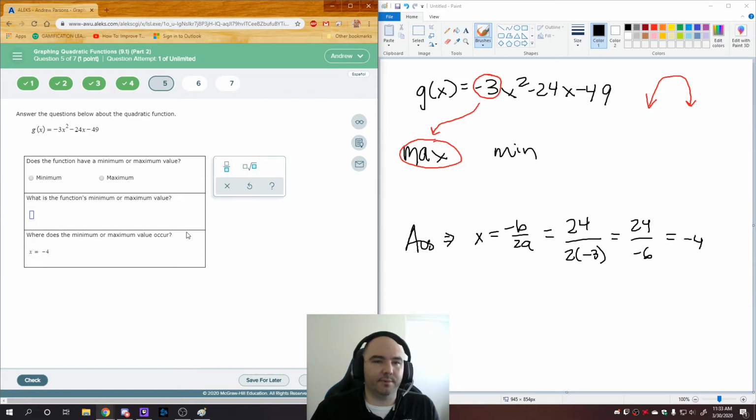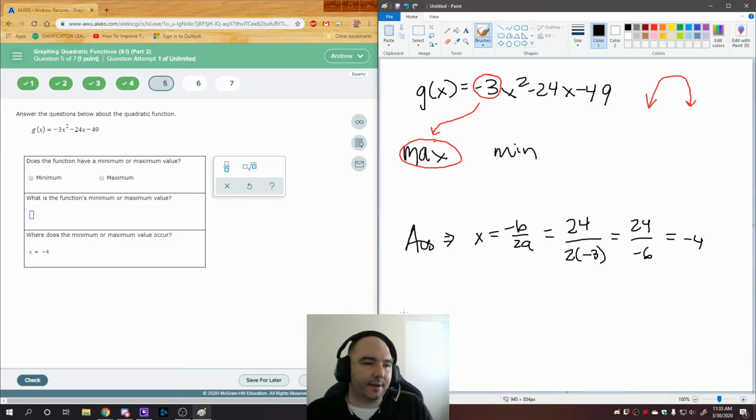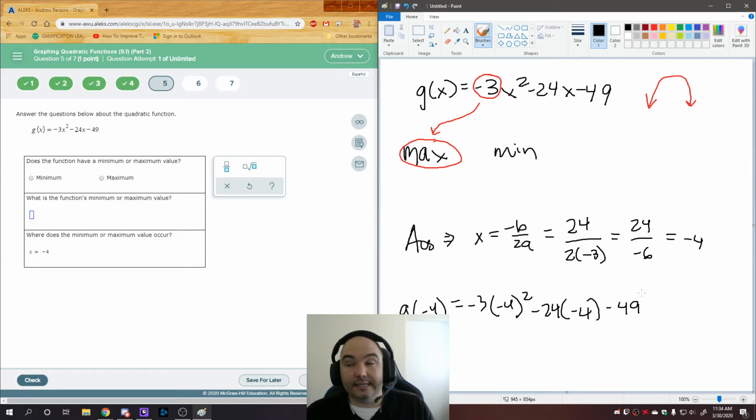Okay, what is that maximum or minimum? Well, that's the question. You got to plug it in, right? So I got to actually plug in. So g of -4 equals -3 times -4 squared, plus 24 times -4, minus 49. Okay, this is calculator work right here. I'll show you some intermediate steps, I guess. So -3 times 4 squared will make -48. -24 times 4 is 96 minus 49. I believe this will end up equaling -1,